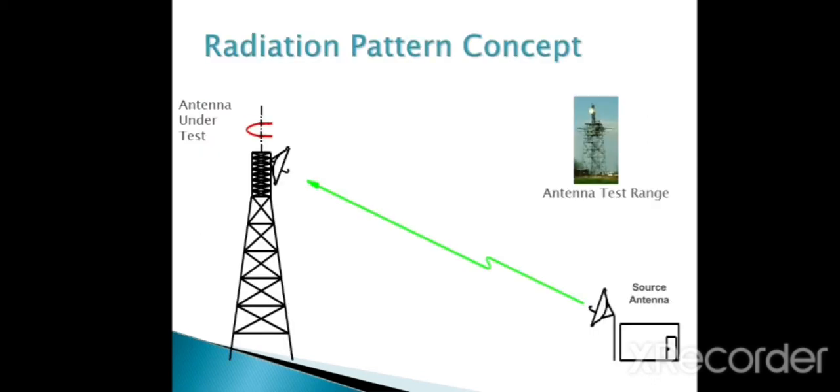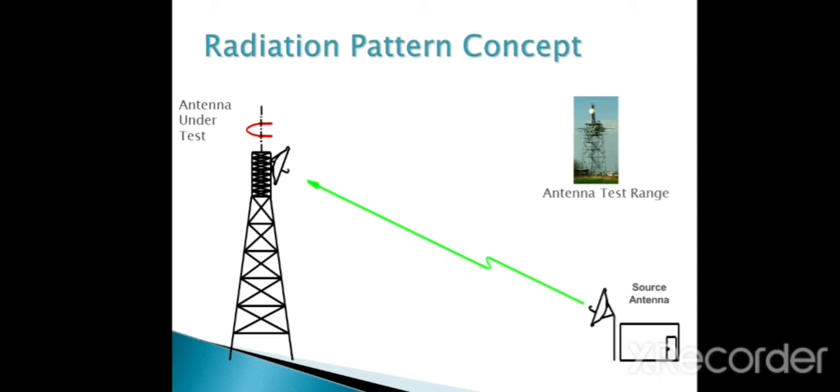So this is the terminology of the parabolic reflector. Generally, for the radiation pattern concept, observe that this is the source antenna and on the right side is the antenna under test. For the antenna you want to test, how much gain it has or what its radiation patterns are is considered using this setup. One is the receiving antenna, the other is the transmitting antenna. How much gain does the antenna under test have? What type of antenna you are going to fix at the receiving site, whether a parabolic reflector, dipole or horn, whatever it may be. This is the radiation pattern concept generally.